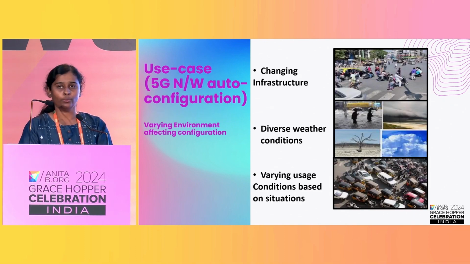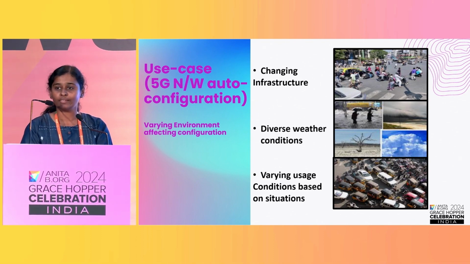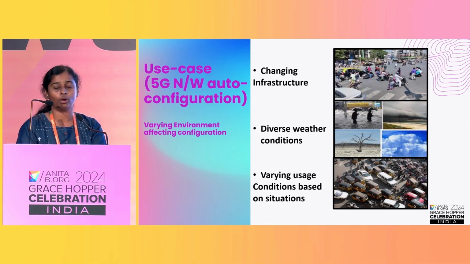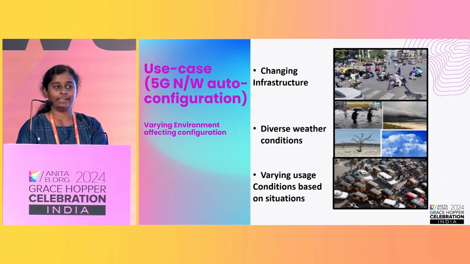So in general, why do we need such a solution? We have a very changing environment condition. It can be in multiple angles. When we look at the infrastructure, we could get a building erected all of a sudden at any point of time. We could have the road layouts change. We could have traffic spikes at unexpected times. And you could also have varying weather changes. All these environmental changes could automatically affect the network performance while deploying a 5G package at the edge. We do not want any hindrance in the performance of the network because of any of the changes in the network